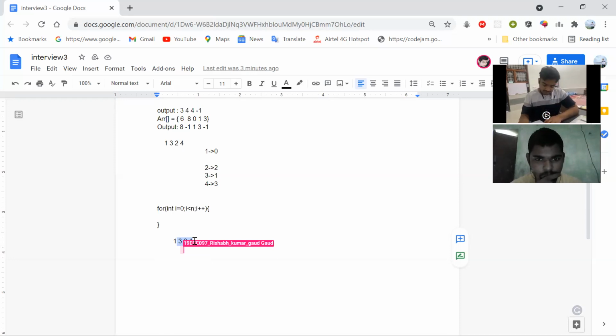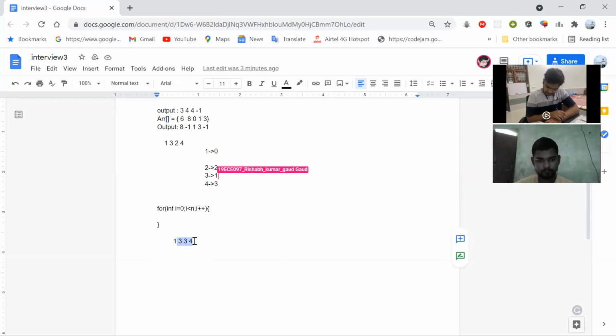Now for the minimum index we have to find the greatest element. Yes. For the minimum position, I need to find the greatest element. So this is 1, this is 2, and this is 3.